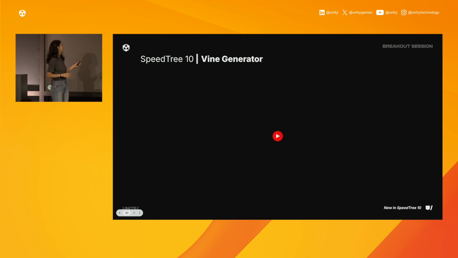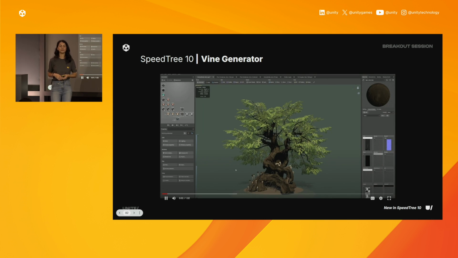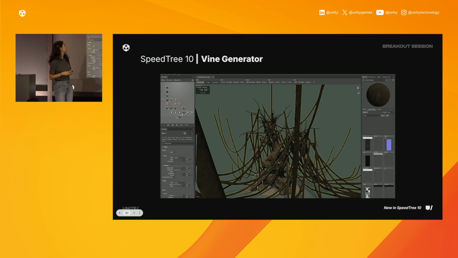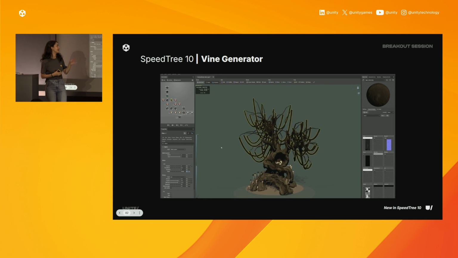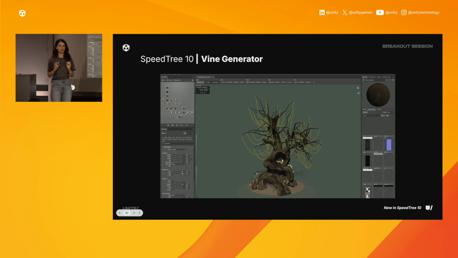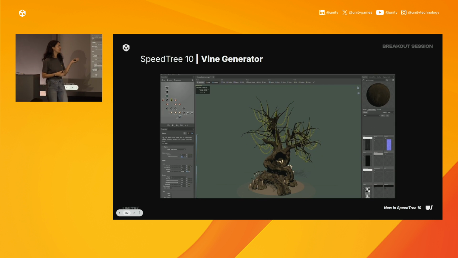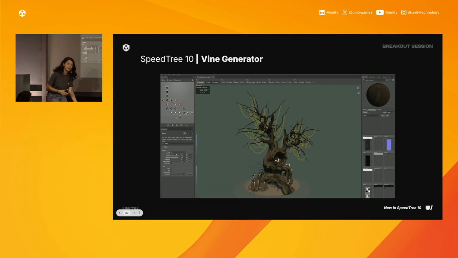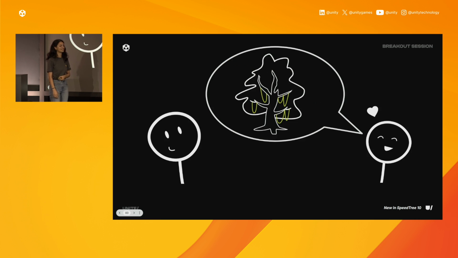Now the vine generator is really fun. We would love the video to play, wouldn't we? The vine generator is fun because it produces physically based vines. So we can add the vine generator to our tree, and we have to change one setting to make it more suited for real-time use, just to make it a little bit more lightweight. But from there, just like any other piece of geometry in SpeedTree, we're just changing our procedural properties, and we can affect the amount of droop that is applied to the vines. If these went all the way down to the floor, they would spread out along the floor because they're physically based. All right, so we have a little bit more pizzazz to our tree.